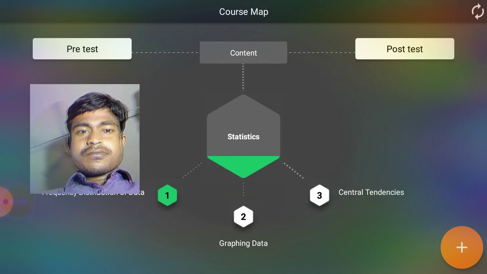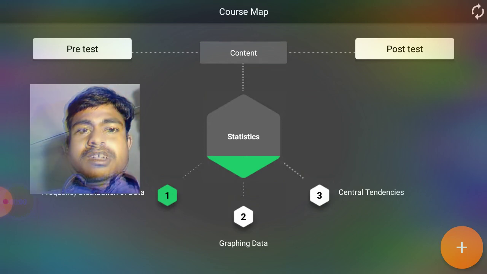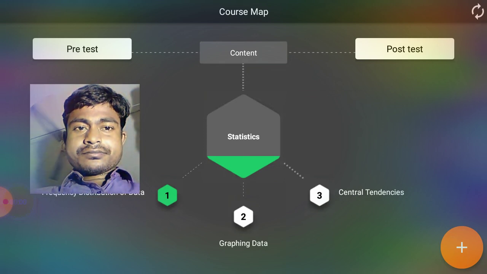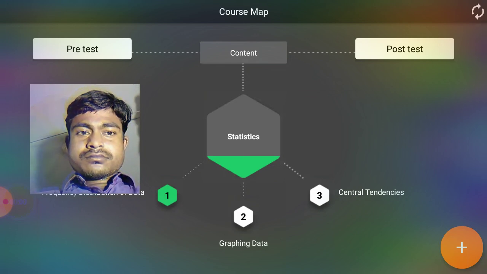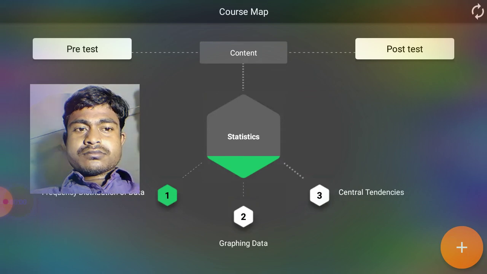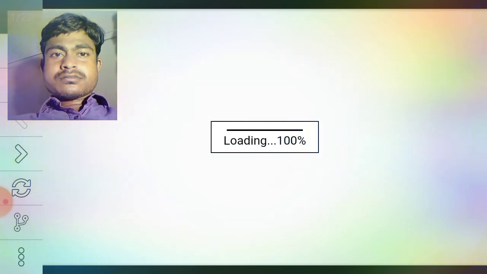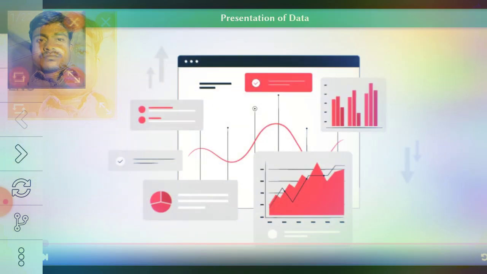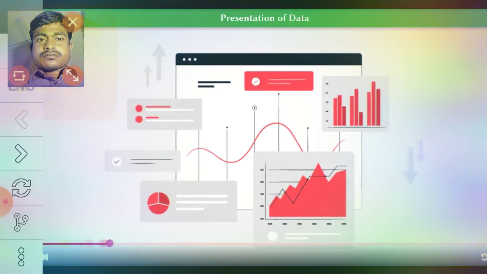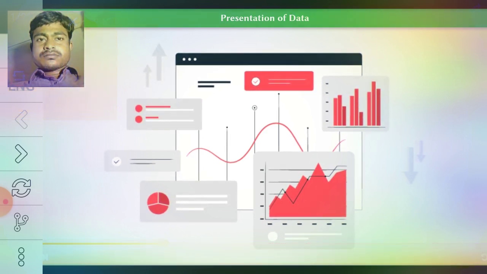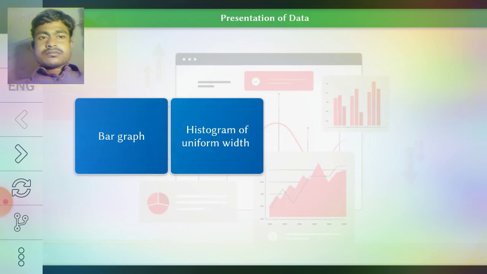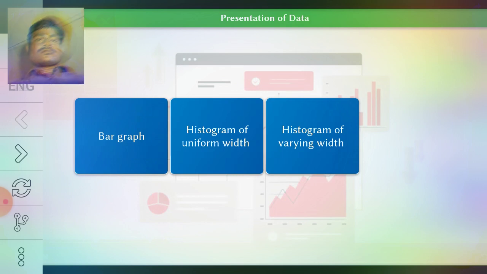Dear student, today we will discuss about the graphing of data. Let's see. Data can be graphically represented in 4 ways, using bar graphs, histograms of uniform width, histograms of varying widths, and